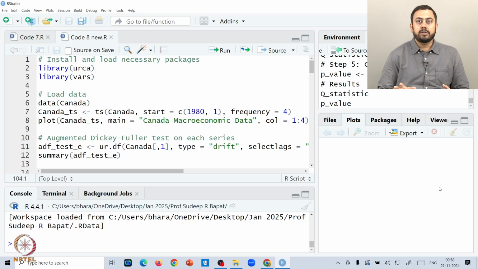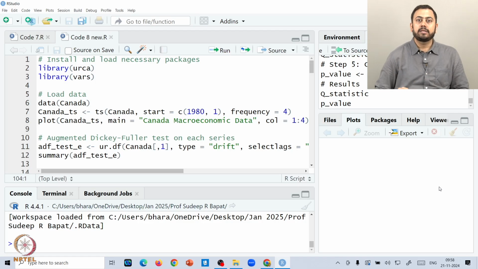Now, going back to the definition of co-integration. Let's say you have two time series processes xt and yt which are integrated with an order of 1, but we can find a certain co-integration vector with a coefficient beta, such that the linear transformation of xt and yt along with the coefficient beta happens to be I0.